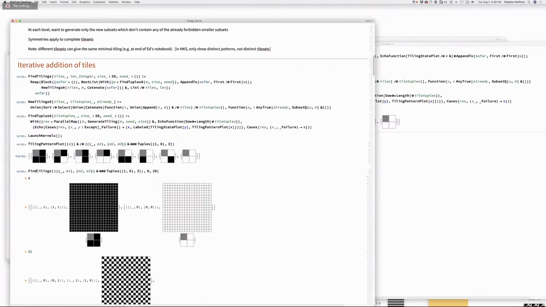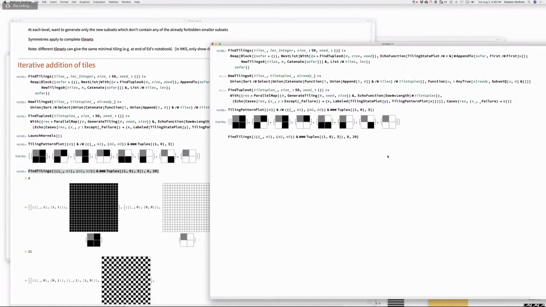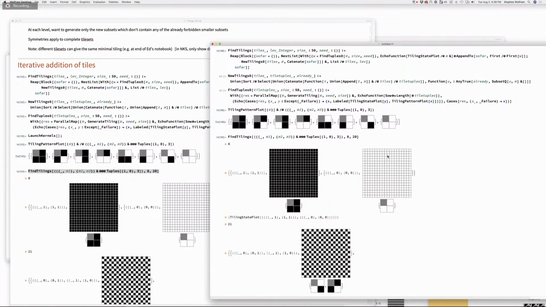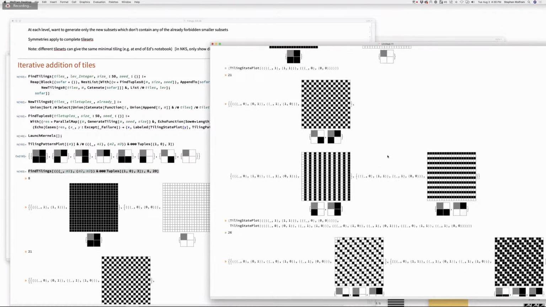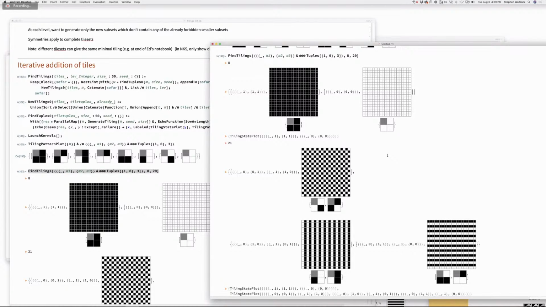Oops, wrong thing. Oh no, sorry, that's wrong. I shouldn't have done tiling state plot. I should have done